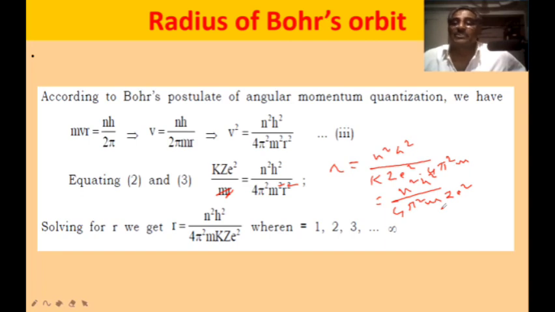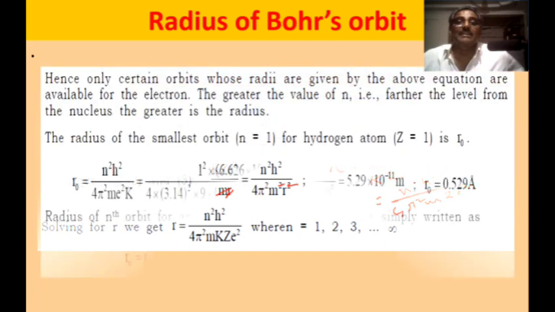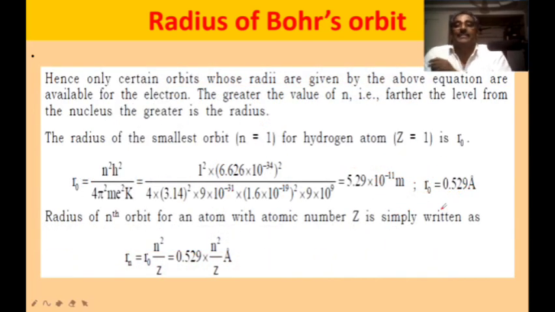where n is equal to 1, 2, 3 and so on. If n is equal to 1, we get the radius of the first orbit. If we substitute n is equal to 2, we get the radius of the second orbit, and if we substitute n is equal to 3, we get the radius of the third orbit, and so on. What is Z? Z is the atomic number. This equation can be applied to all the single electron species like hydrogen atom, He plus ion or Li2 plus ion,